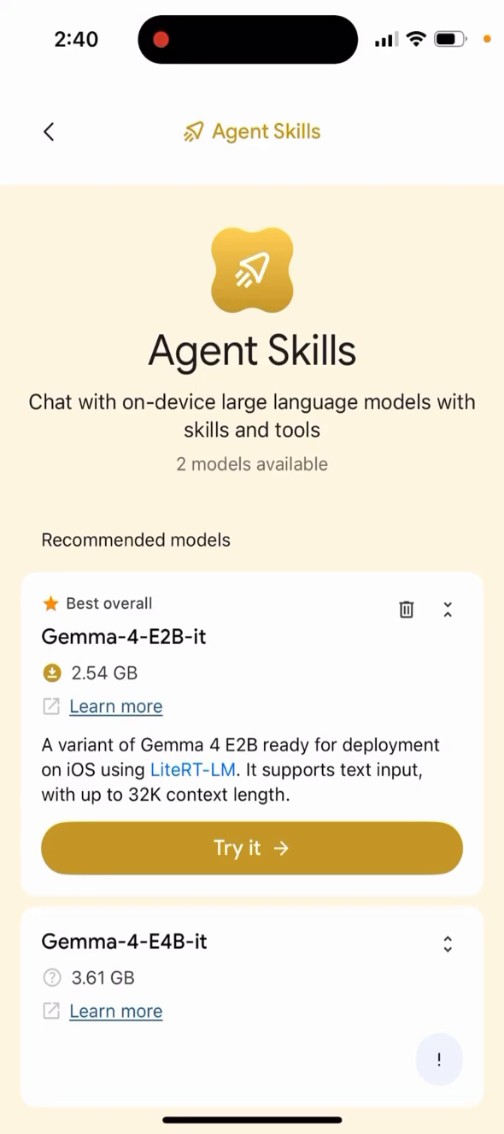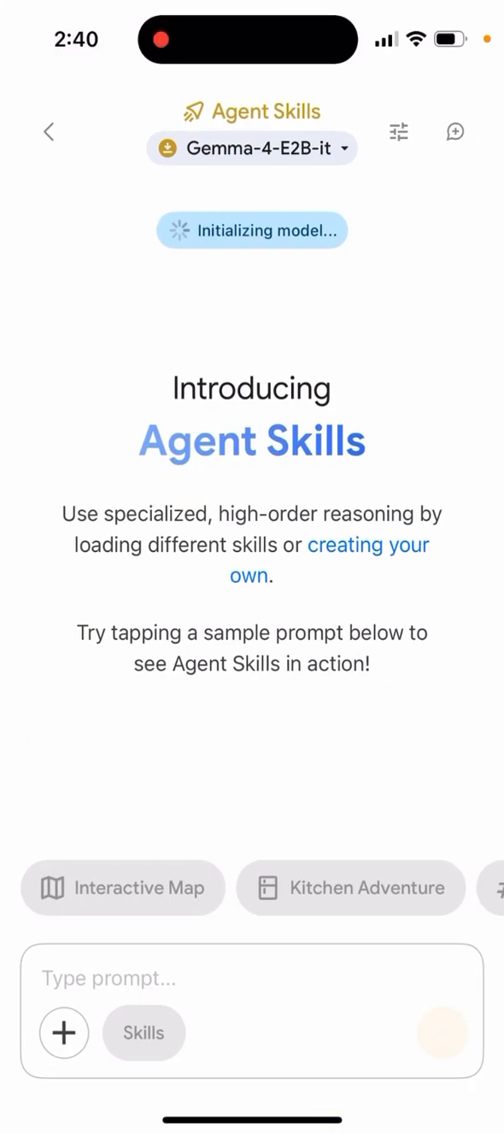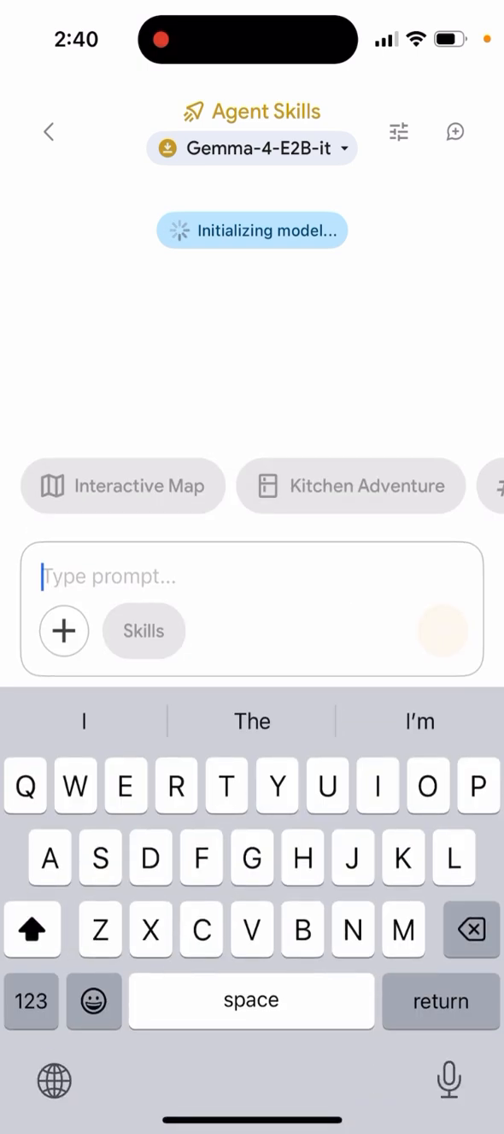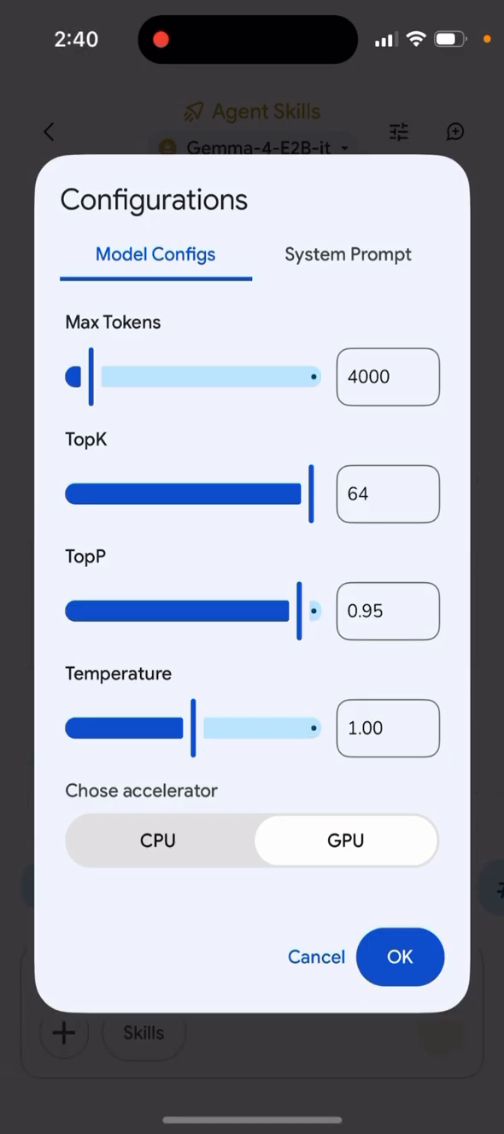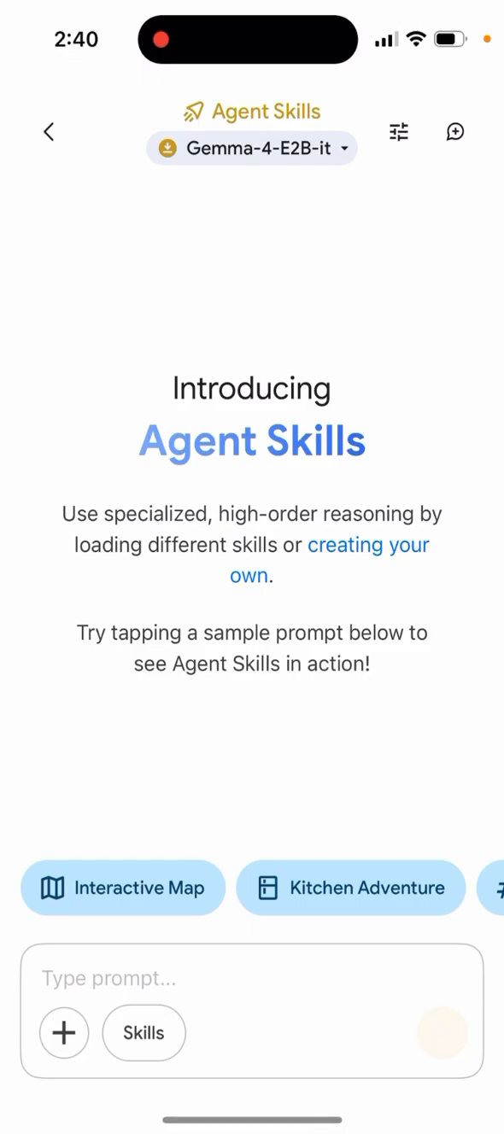So now it's downloaded, and I just tap try it, and so there are some prompts. Type prompt, calculate hash text snipper, and then you can see some configurations. You need to tap in the top right,